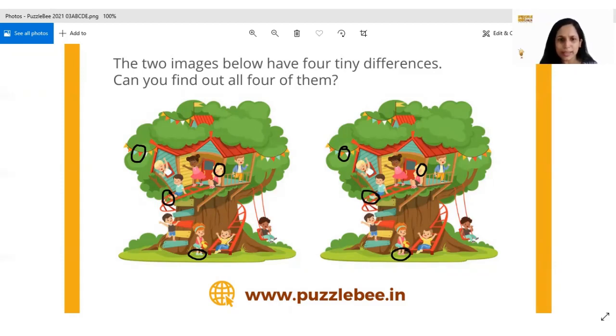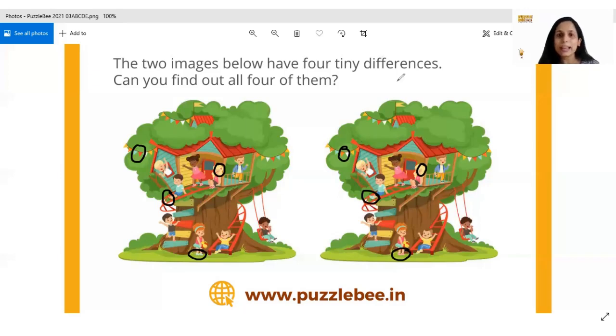We could probably just check if there's any difference in these 2 boys as well, but I don't seem to find any difference. The clothes look the same. And, unlike girls, boys have an advantage. They don't really wear a lot of accessories, so you don't have to look as much in the images for the boys. Same, I think here. Same shoes, same t-shirt, same pant, everything is same. Okay, so those were the 4 differences that we wanted to find out, and nothing really much tricky in this question.